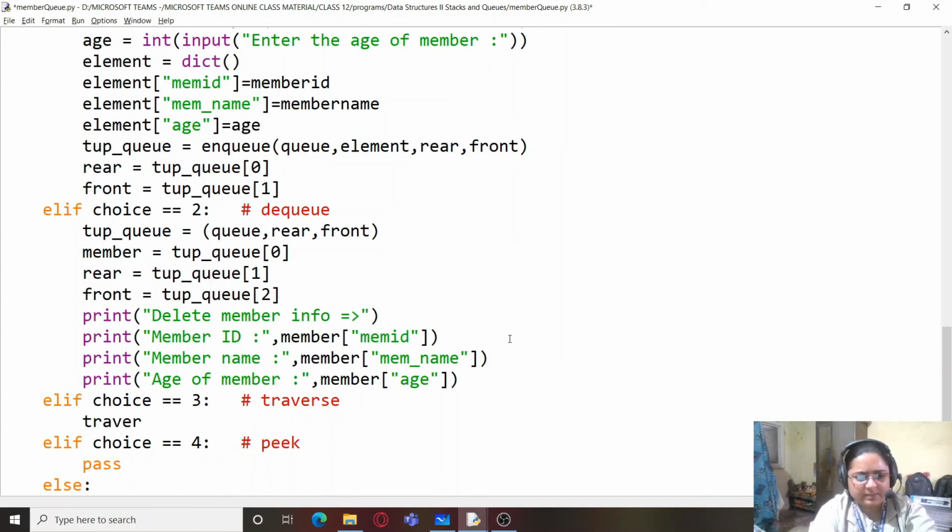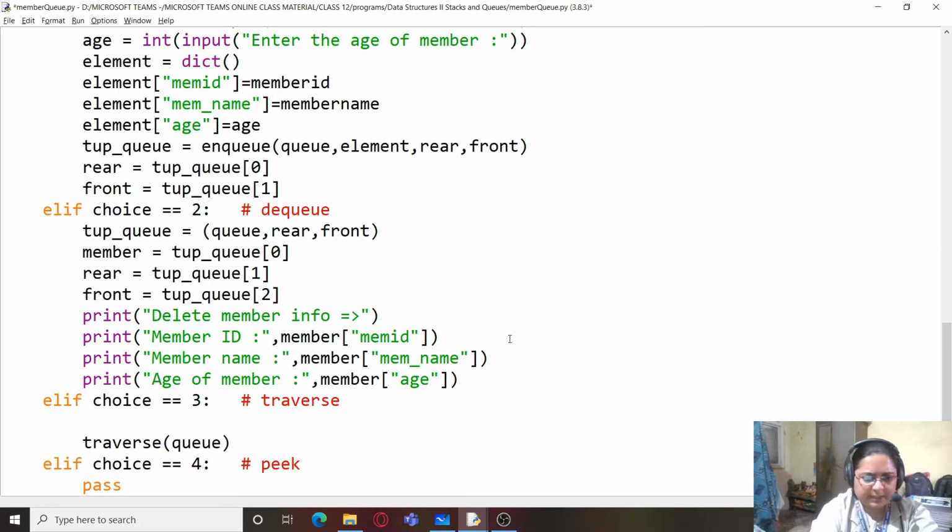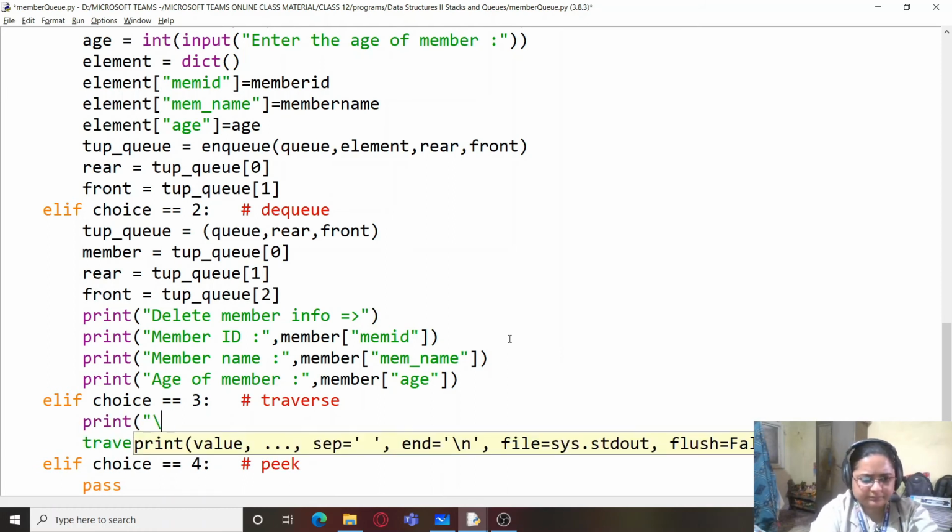So traverse will be simply, I am going to pass the q there. So the q will be printed. So I am simply going to write a print statement here: Queue of members. That's it.